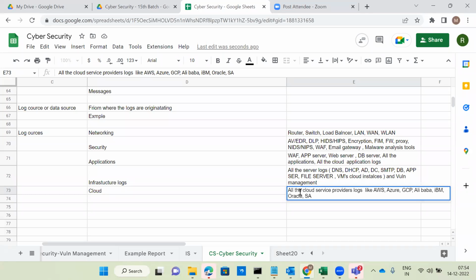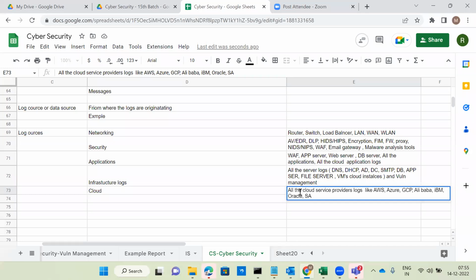SaaS means software as a service. Nowadays, whatever tools are coming, especially endpoint security, EDR or DLP tools, vulnerability management tools, and email gateways, in most cases we are not deploying them on on-premise servers or databases.